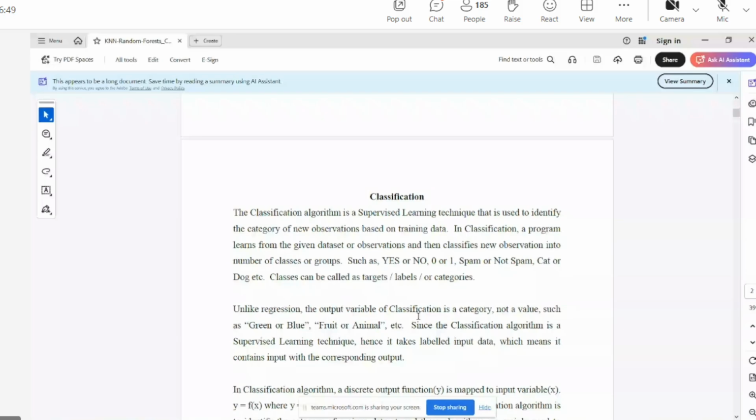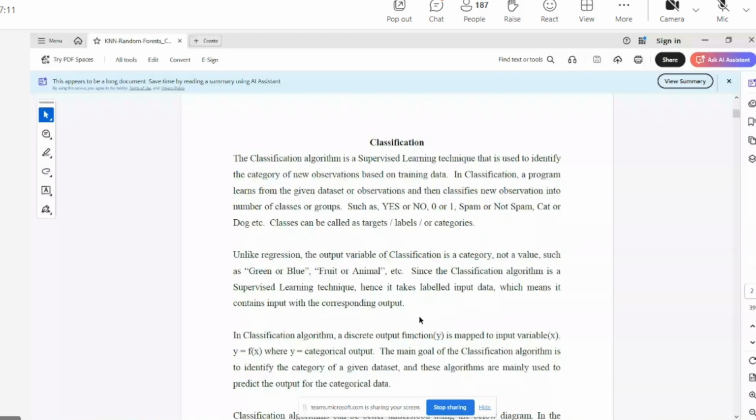So this is also a binary classification problem. Okay. Now, suppose if it has more than two, then it is called as multi-class classification. That I will tell in the next session. Now let us consider a binary classification problem, right?